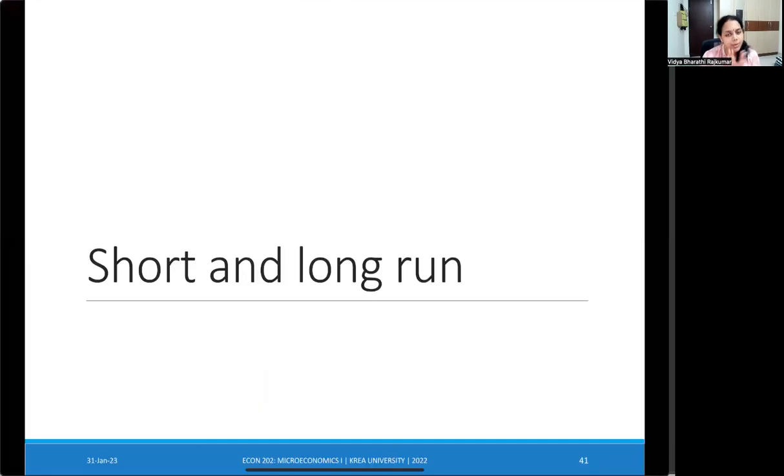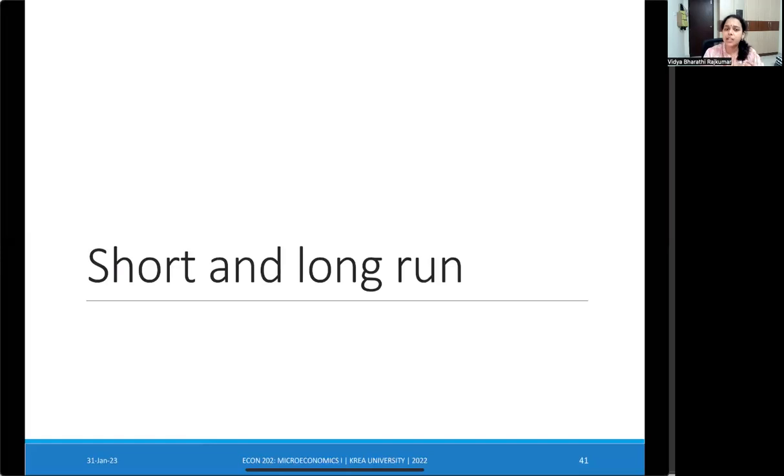So we have now come to the end of the chapter. Now we're going to talk about how time horizon plays a role in some important production decisions. So we're going to talk about a short run period and a long run period. Short run is a relatively short period of time, as the term implies, and long run is a longer period of time. Now, the reason we bring in this distinction is that certain decisions in the production space